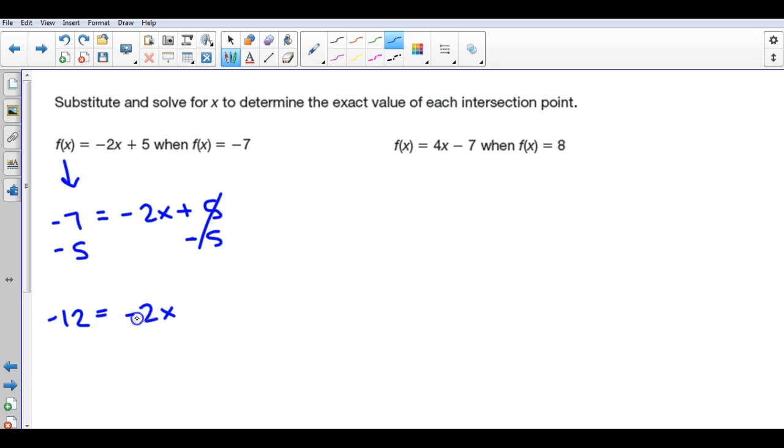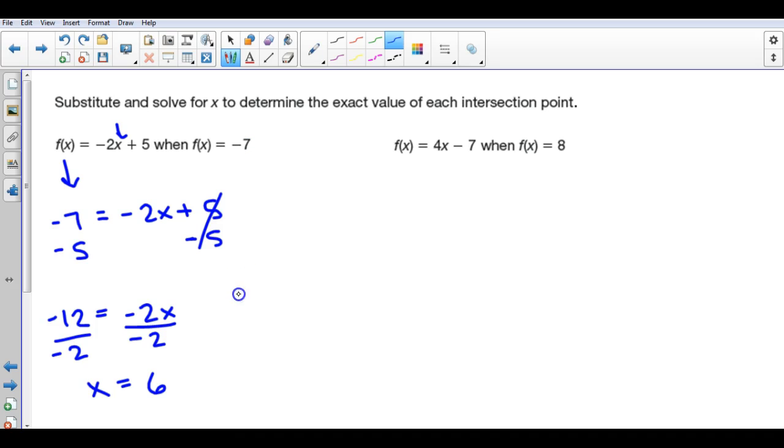And now notice that negative 2 is being multiplied by x. So if I want to get x by itself, you need to do the inverse of multiplication. So that's how I'm going to divide. And then negative 12 divided by negative 2 is positive 6. So I know that when x equals 6, my f of x is negative 7. And how can we check this work? Substitute it right back in. If you substitute 6 in for x, negative 2 times 6 is negative 12, and negative 12 plus 5